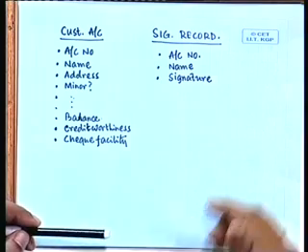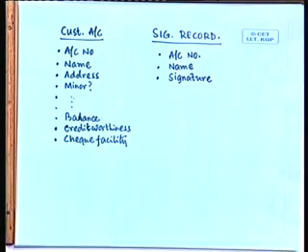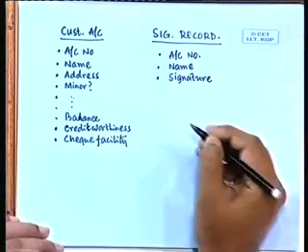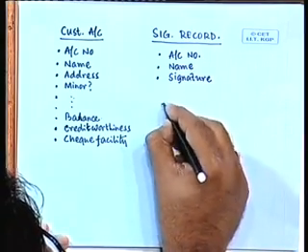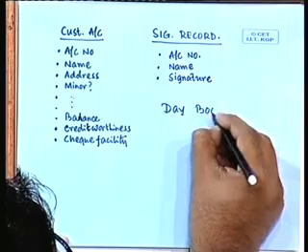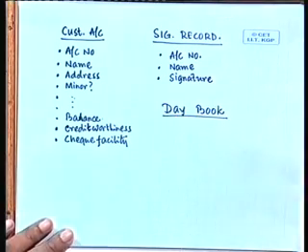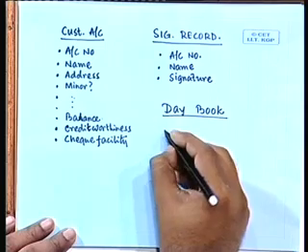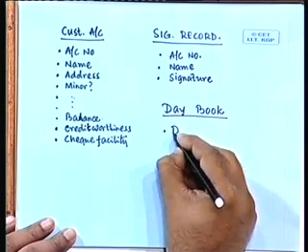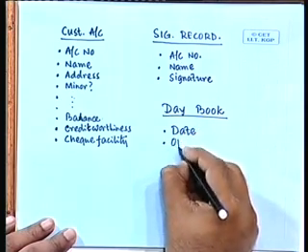Although it is not in this particular detailed data flow diagram, there is one more file which we are using, that is our Daybook. What should be there in the Daybook? Daybook, the first and foremost thing is the date, opening balance,